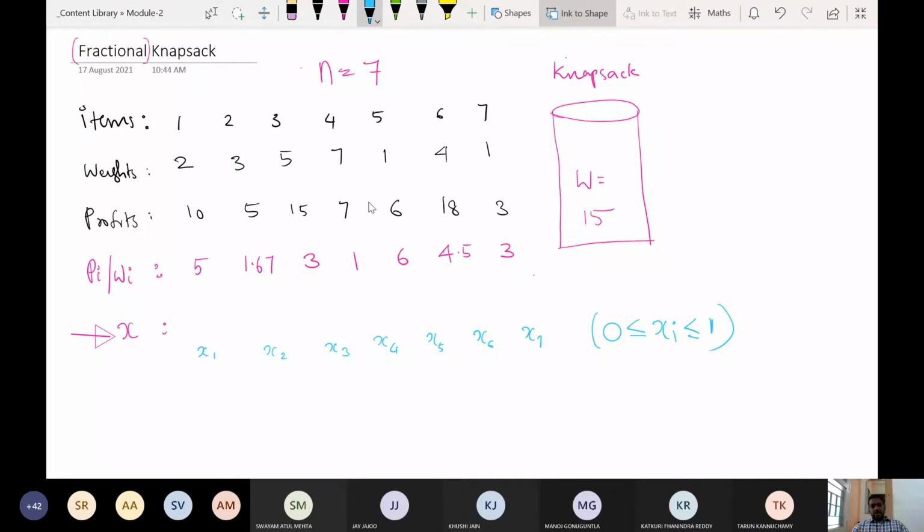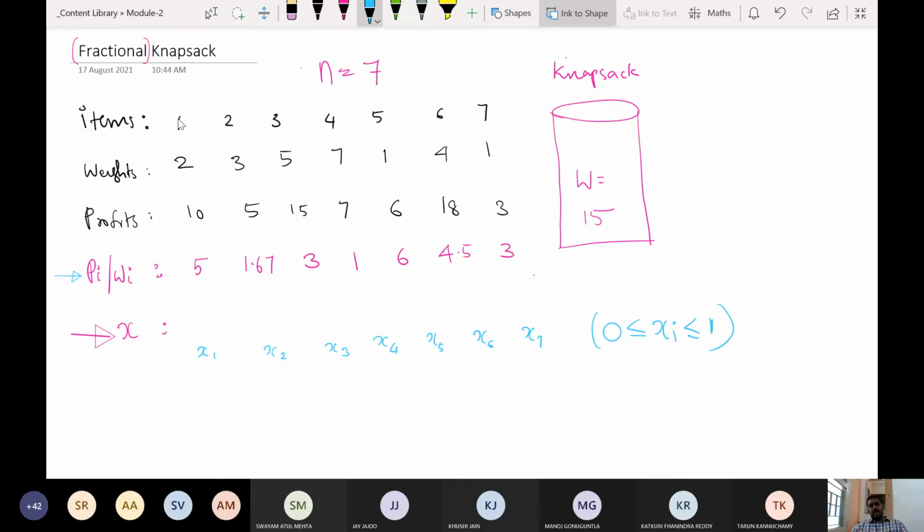What you need to do is find the profit by weight. What is the profit per kg? For every item, we need to compute the profit by weight. That is what I have written here as the solution in this row: the profit per weight for each item, known as Pi by Wi. All these are Pi's and all these are Wi's. If I do profit by weight, I get these fractions.